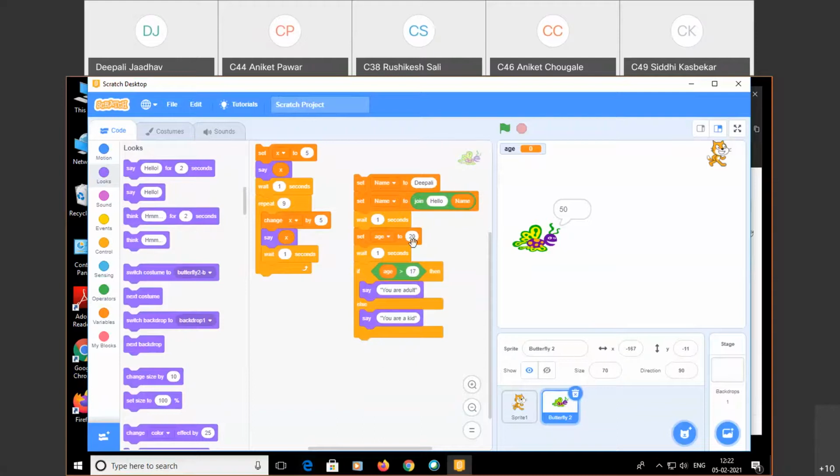So here the value entered is 20. Now see what the butterfly says here. You are an adult. Okay. Increase the wait period here.